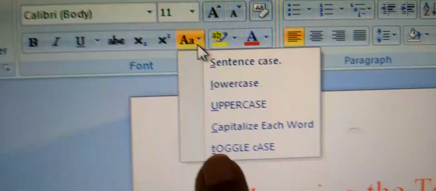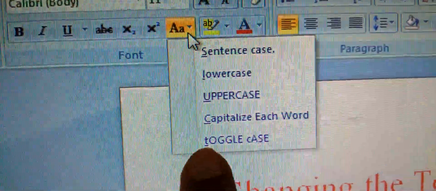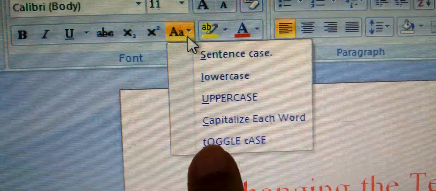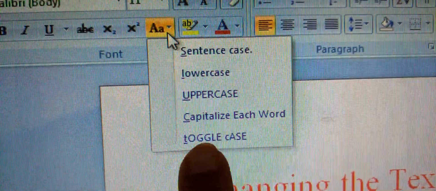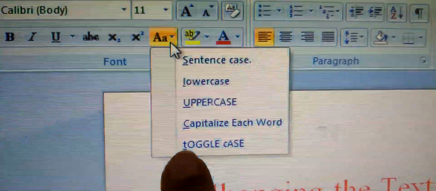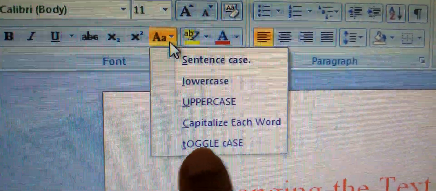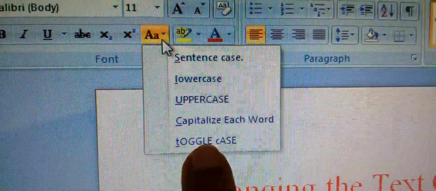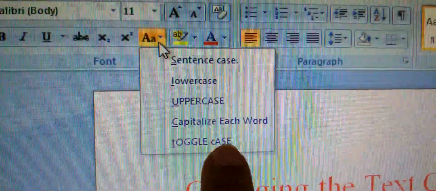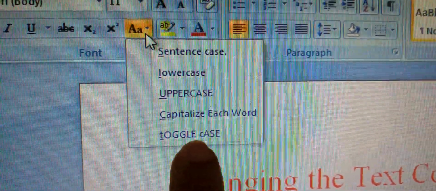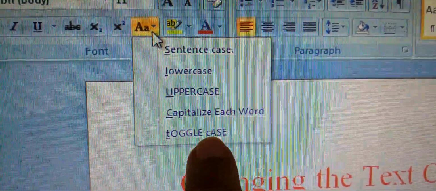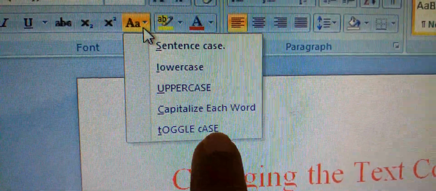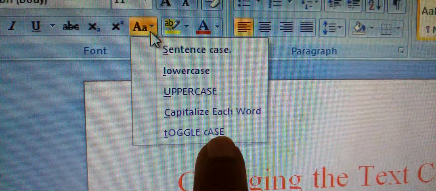Here see, while we are writing, we will write T as a capital and OGGLE as small letters. But in the toggle case, as it is vice versa, it is showing T as a small letter and all the other characters as capital. In the word case also, the starting character C should be capital, but as it is a toggle case, C is small and all the other characters are in capital letters.